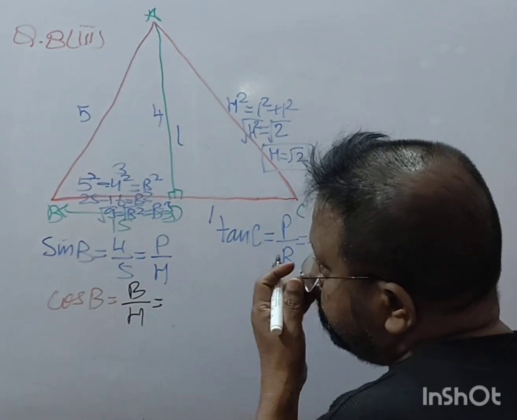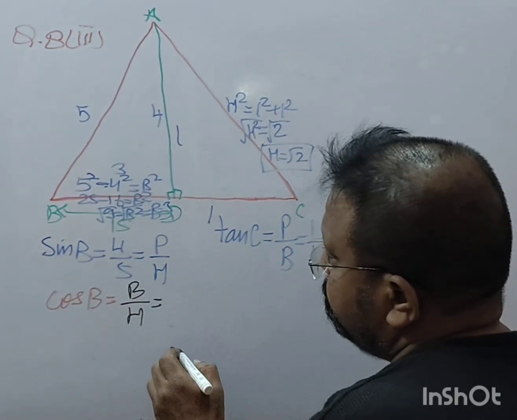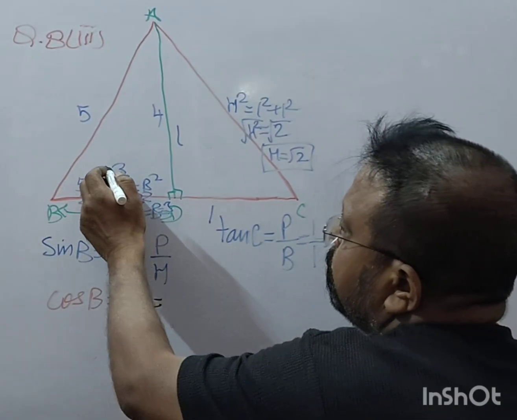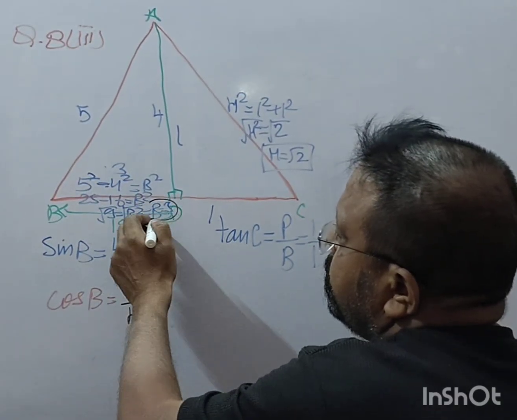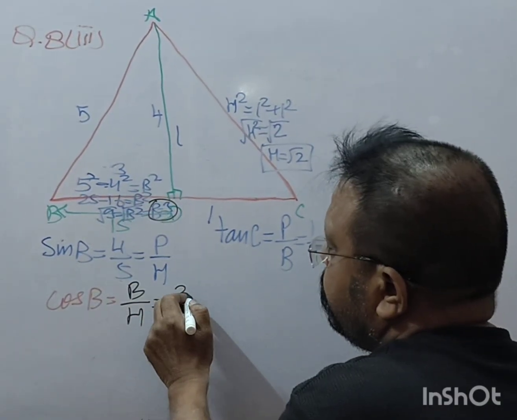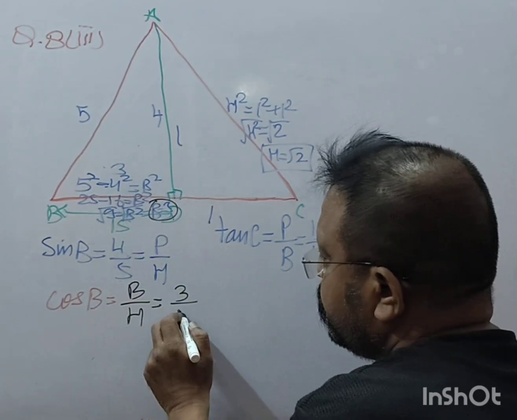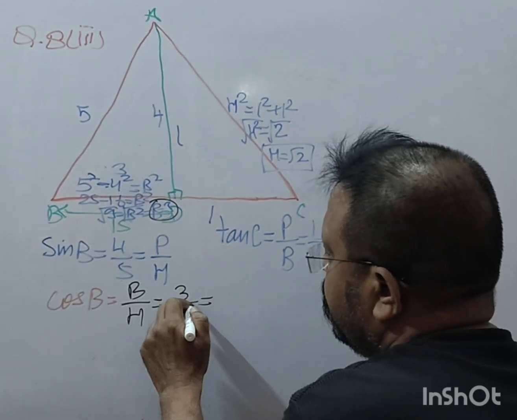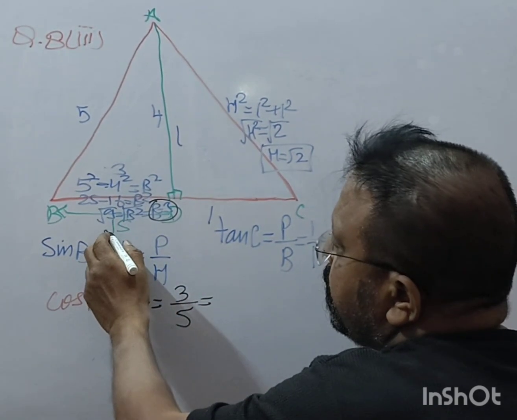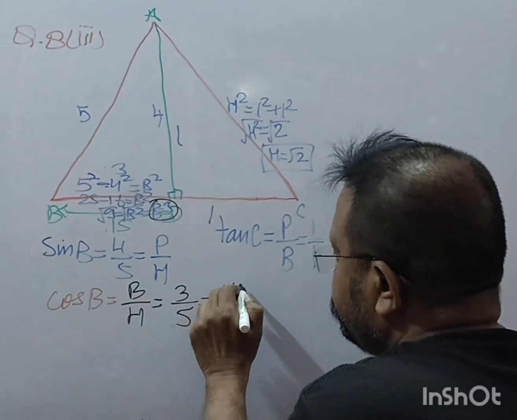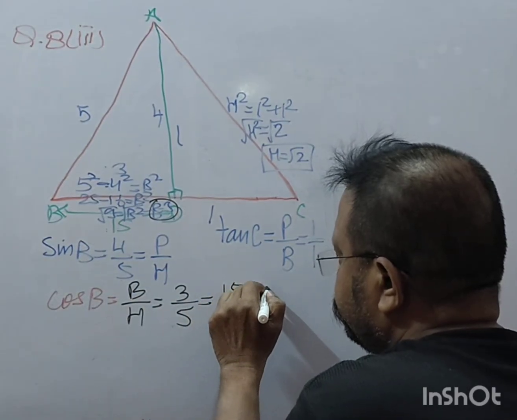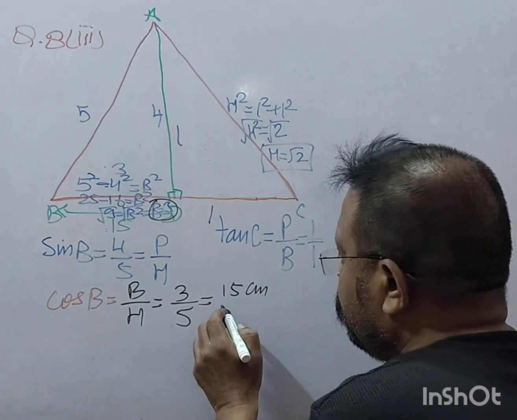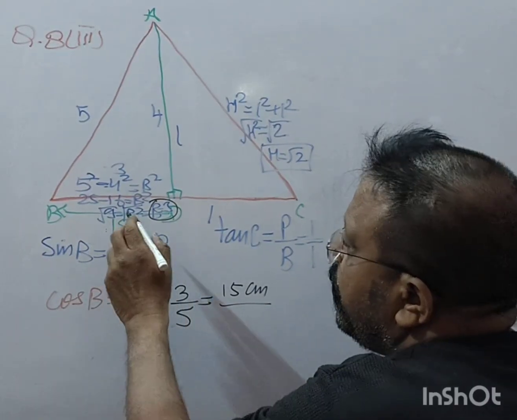So that is how much? Base is 3, hypotenuse is 5. And what base is given exactly here? 15 centimeters. Right? So what will be the value of